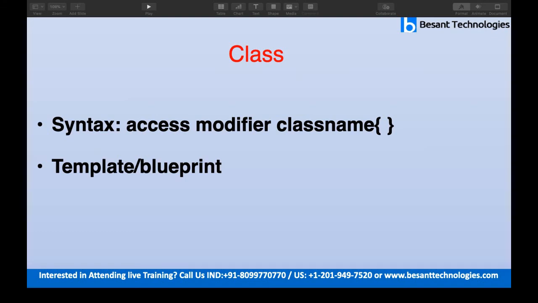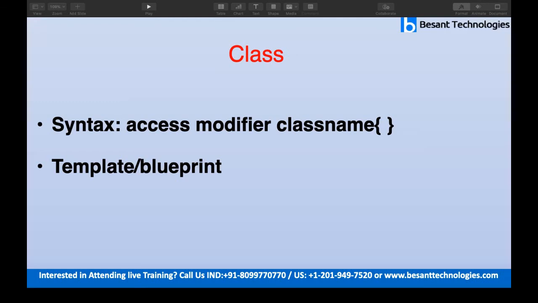We have three types of access modifier: public, private, and protected. If it is public, it is globally available. If it is private, it can be called only within certain limitations. If it is protected, it involves the inheritance concept. If you declare a method as protected, it will be callable inside its base class and in its derived class. So if you want to create a class, this is the syntax: access modifier, then class name. If you run this one, you will get it as a run as configuration.